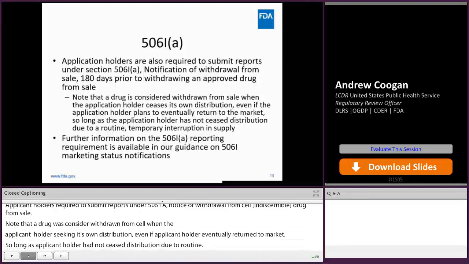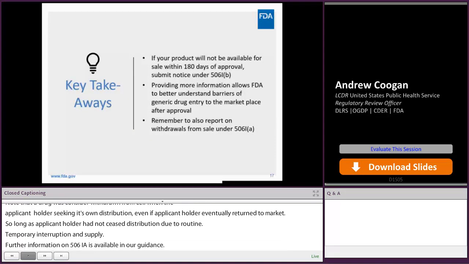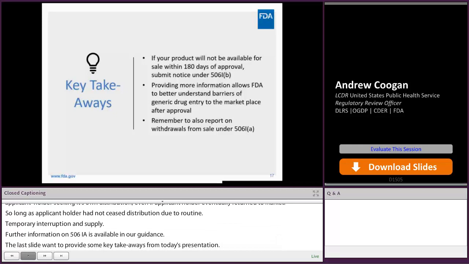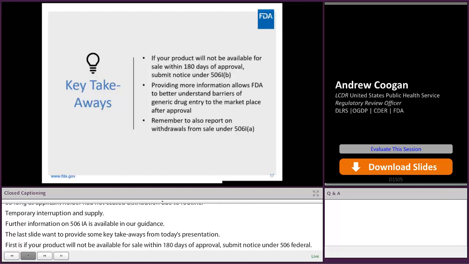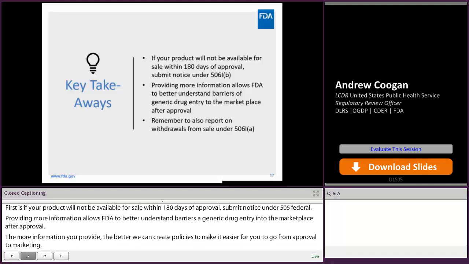So this last slide here, I just want to provide some key takeaways from today's presentation. The first is if your product will not be available for sale within 180 days of approval, submit notice under 506IB. Providing more information allows FDA to better understand barriers to generic drug entry to the marketplace after approval. The more information you provide, the better we can create policies that make it easier for you to go from approval to marketing. And so the more information you give us, the better we can serve the overall mission of generic drugs. And the last takeaway is to remember to also report withdrawals from